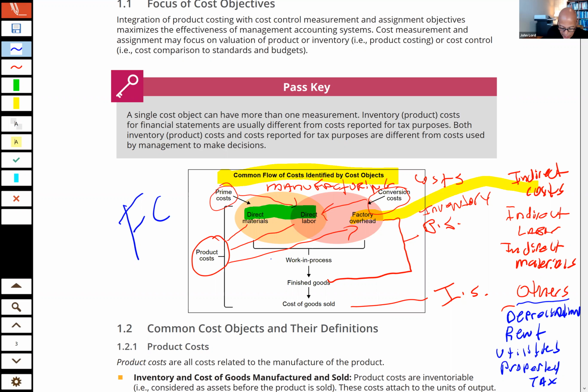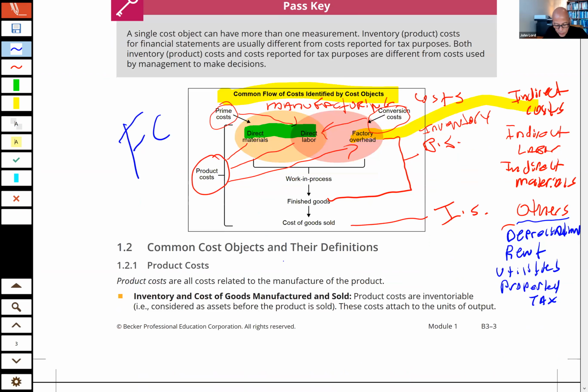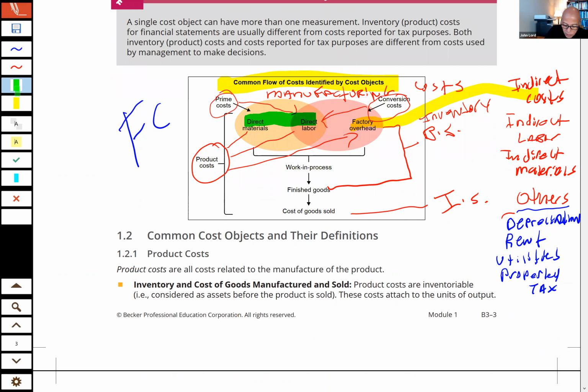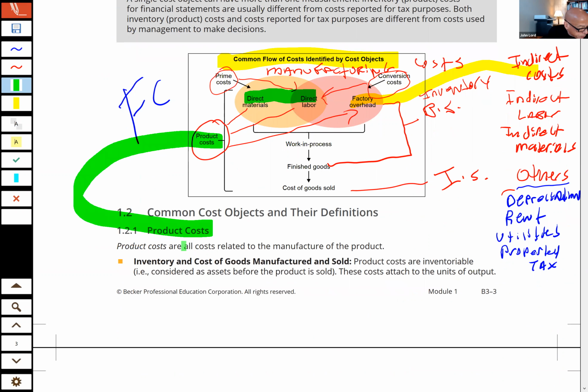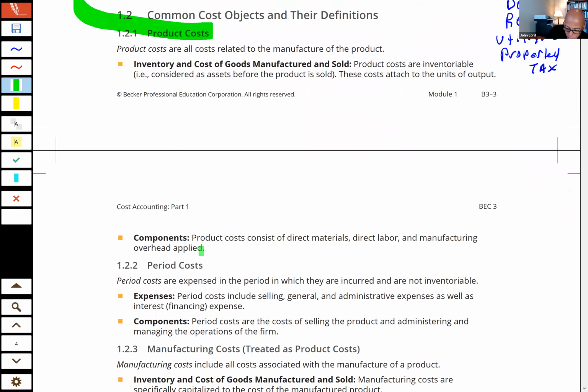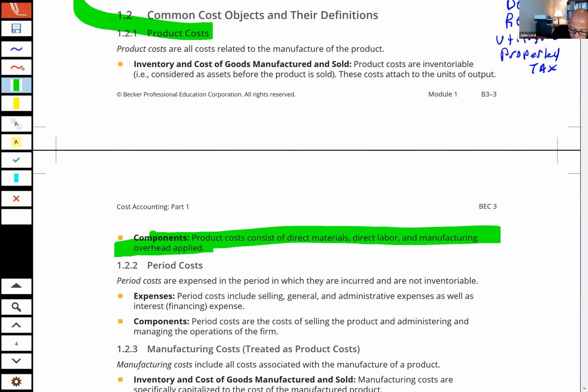But anyway, let's take a look at what they say to us now in the outline here. And they start talking about product cost. We've seen the visual, so let's take a look at the next page. Our product costs include, as we saw, direct materials, direct labor, and our manufacturing overhead. These could also be called manufacturing costs. And I'm not asking you to flashcard that because I asked you to flashcard that picture a minute ago, which has that same information.